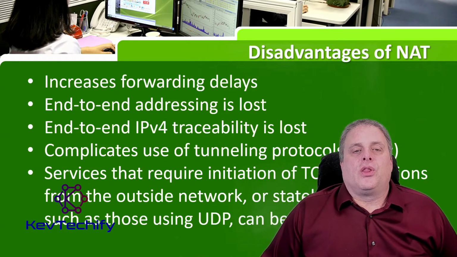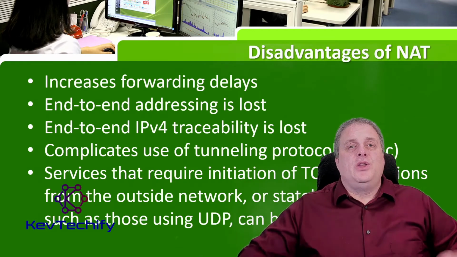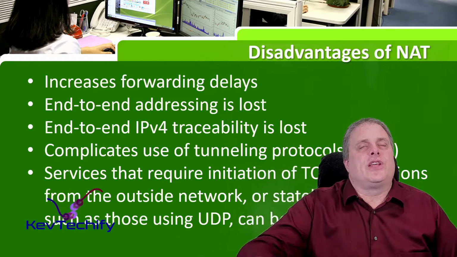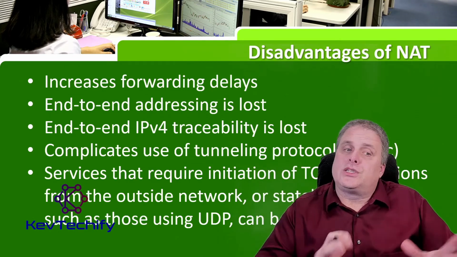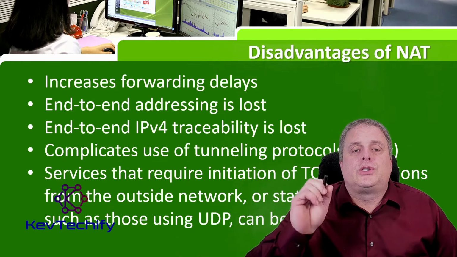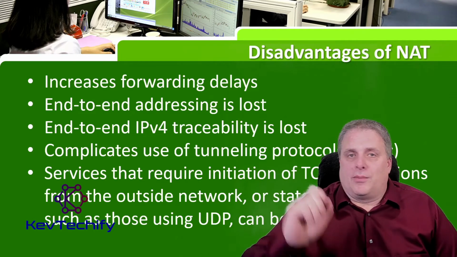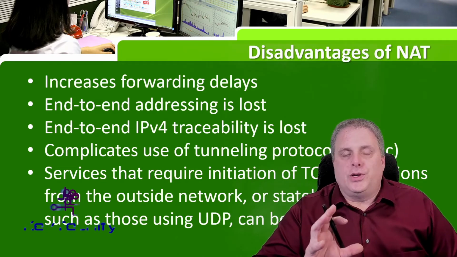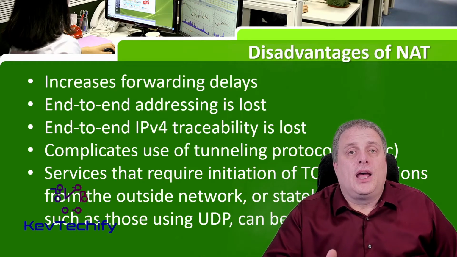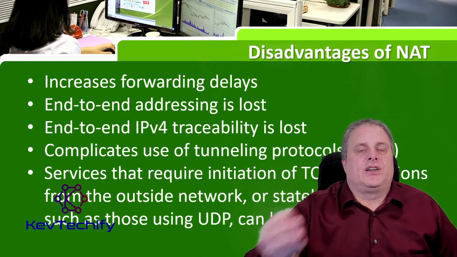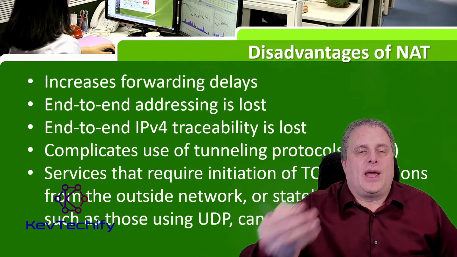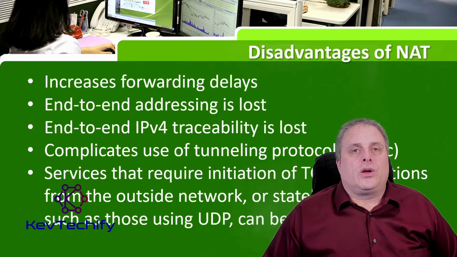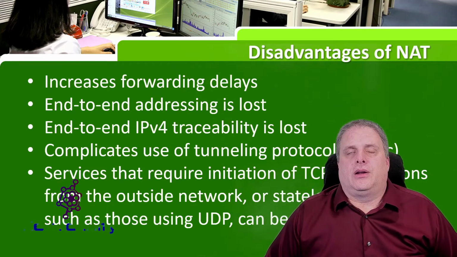End-to-end addressing is lost because you have private IP addressing on the end. It doesn't have that IP address that will reach its destination. Sometimes that's good, sometimes that's bad. We also lose traceability for IP version 4 from end to end. Once again, because we're doing that address translation, especially if you're doing PAT or a dynamic NAT, that could change, and you can't necessarily trace which device was at what IP address at a certain time, so you lose that traceability. We also complicate our IPsec